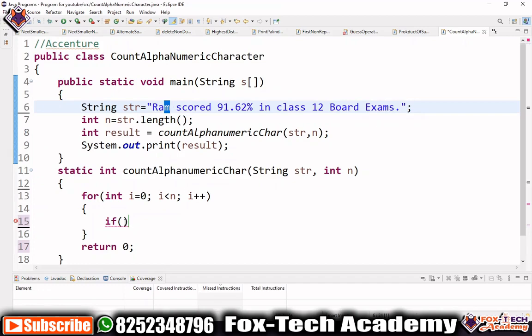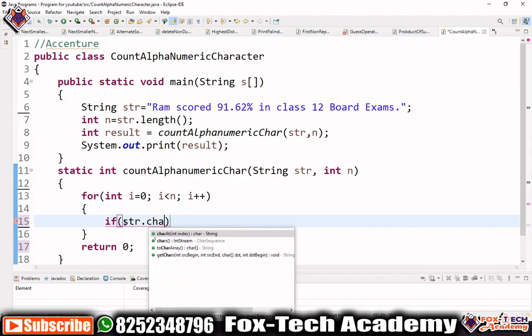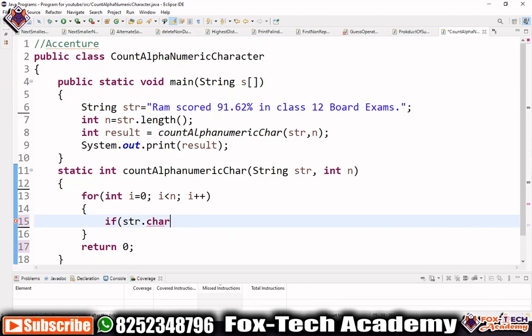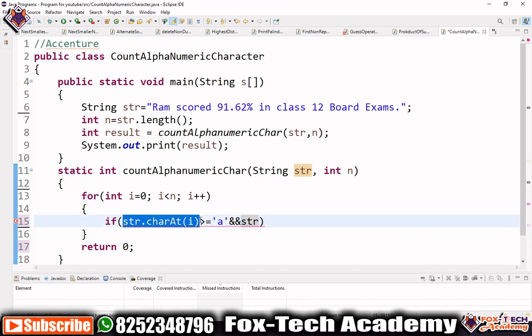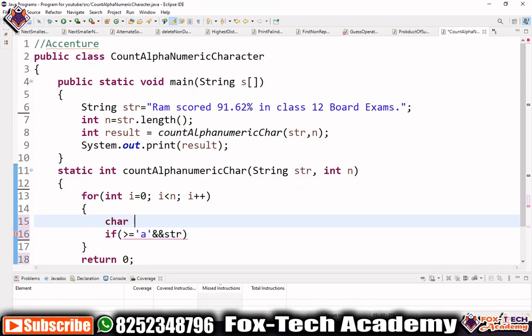To solve this, we will use str.charAt(i), and we will check if charAt(i) is greater than or equal to small a. But each and every time we have to write this long expression, so we will create one character variable, char c equal to this, so we don't need to write so much.